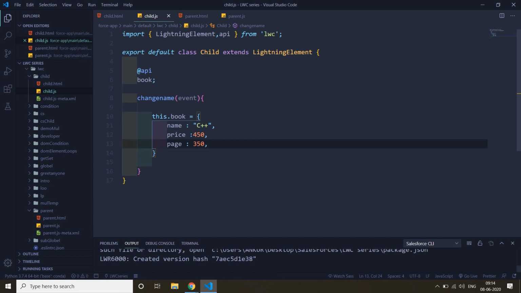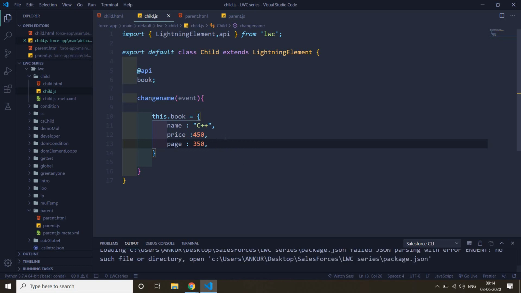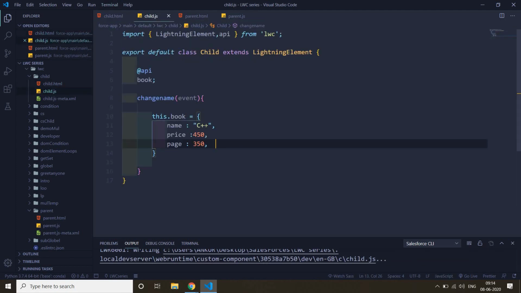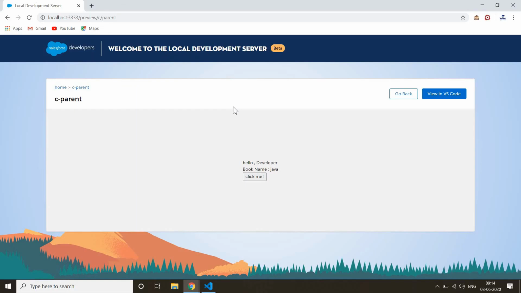So here we make one copy of our object and pass the different properties which we want to edit. Here we pass the name as C++, and now our child element template accesses this name instead of Java. So here it prints C++. So this book.name.